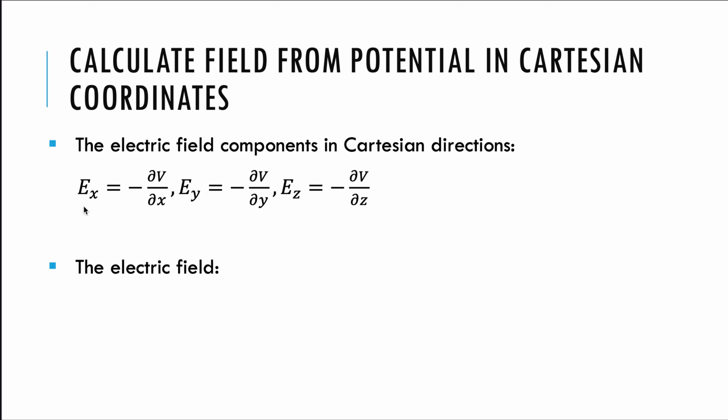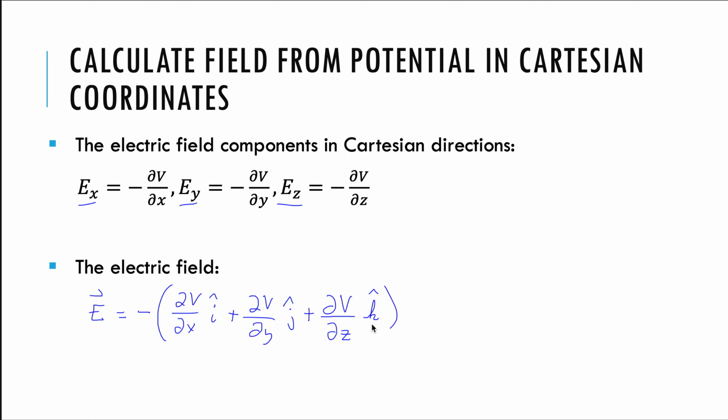So if we know the x, y, and z components of the electric field by finding those partial derivatives, then we can write the electric field vector. We can just write all of these components and say, okay, the electric field, we can factor out the negative here, is going to be the negative of the partial of V with respect to x in the i direction, plus the partial of V with respect to y in the j, plus the partial of V with respect to z in the k